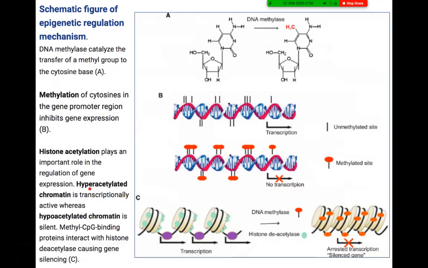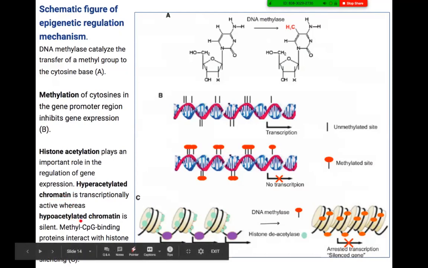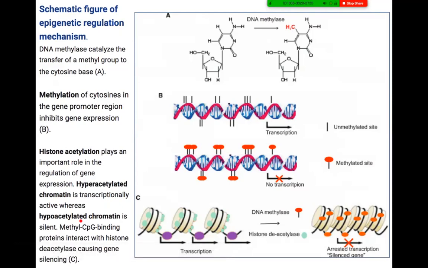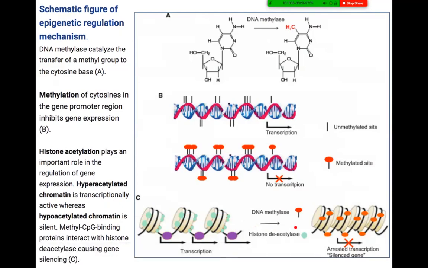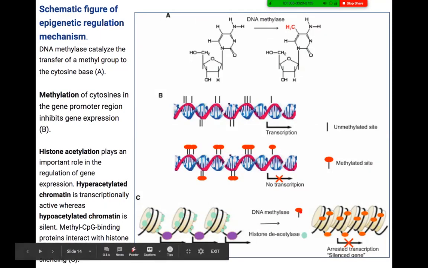The term that we use is hyperacetylated chromatin. Remember, chromatin is when DNA is stretched out, not in this tightly coiled form that we call a chromosome. On the other hand, if you hypoacetylate it, meaning you reduce or remove the number of acetyl groups that are here, that would help the chromosome to become more tightly coiled. And on top of it, if you were to add the methyl group with the help of methylase, not only would this DNA be more tightly wound,